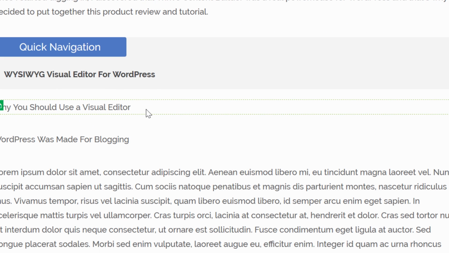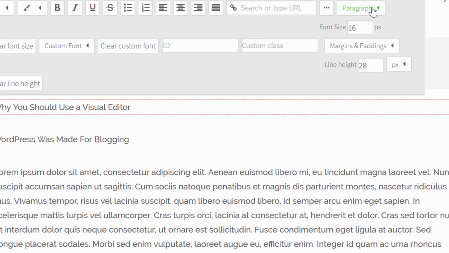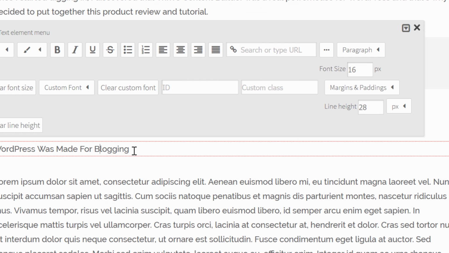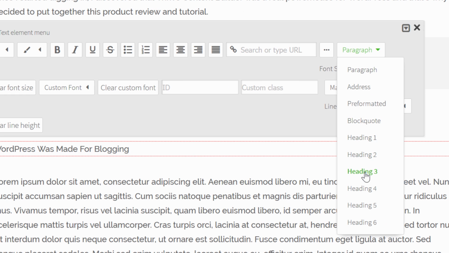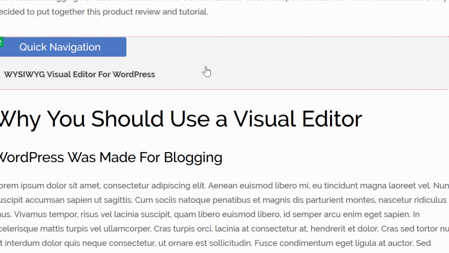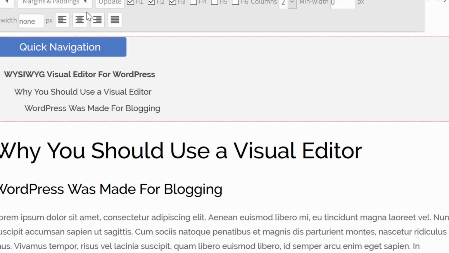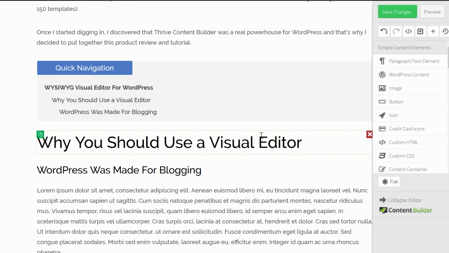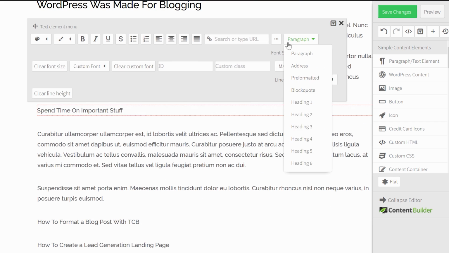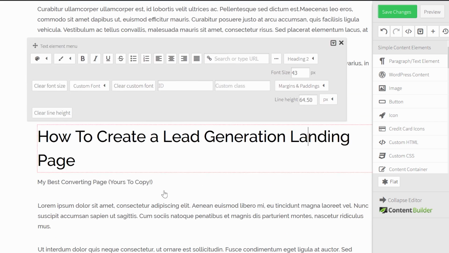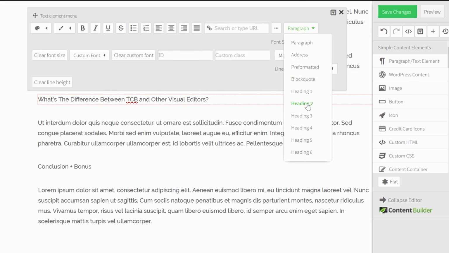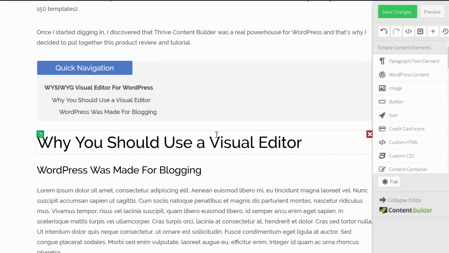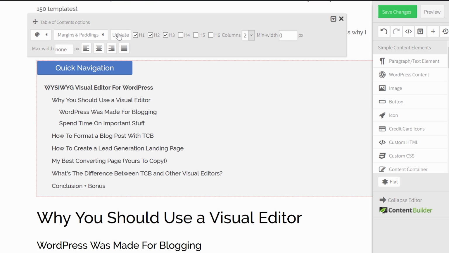So I'll go into the text and click on the different elements to add headings and subheadings. And now if you look at this and you click on update, you see that it just added the header 2, so this one, and header 3. I'll quickly continue doing this so that I can show you how the navigation will look like. So now if we click on update, we can see that all the titles are here